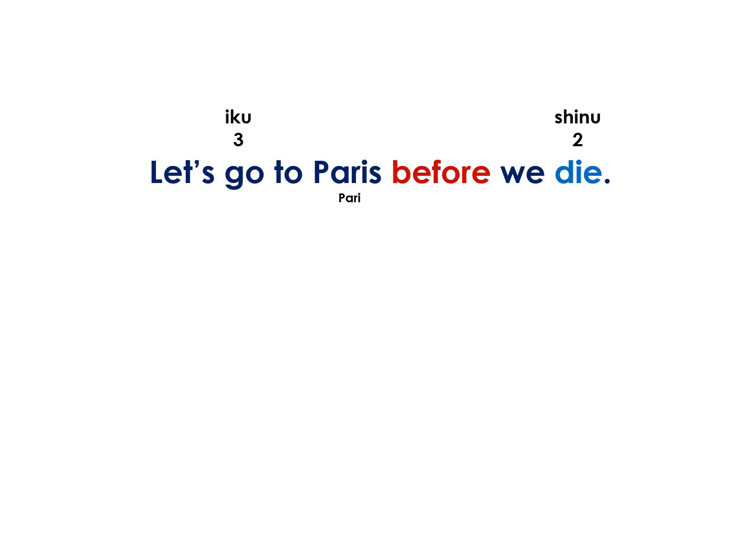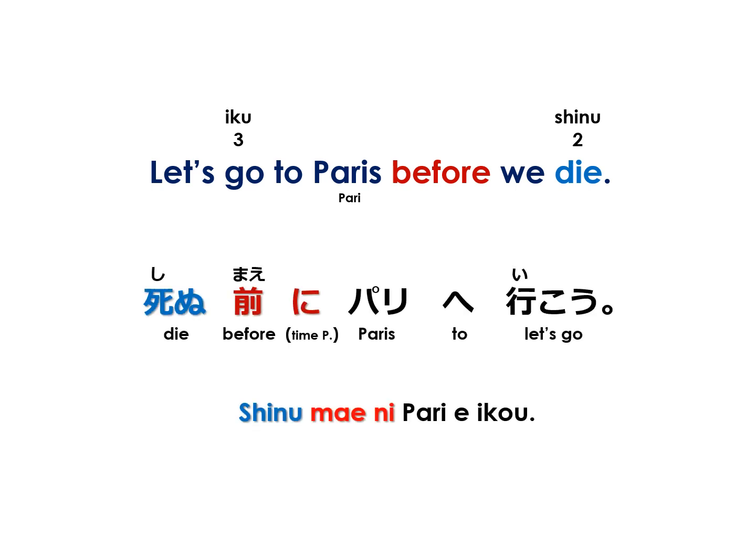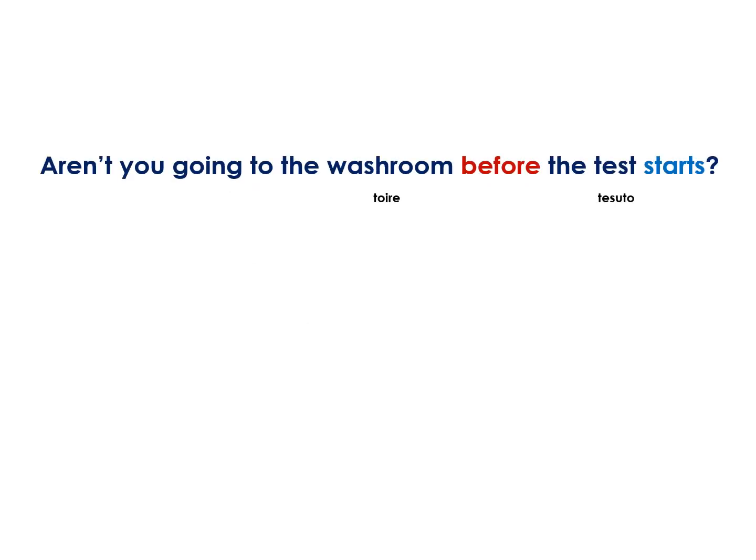The whole sense in Japanese is 死ぬ前にパリへ行こう。In English, you have the choice of putting the subordinate clause, before we die, at the beginning or in the second part of the sentence. In Japanese, you must mention the subordinate clause first. 死ぬ前に and then the main clause パリへ行こう。It would be awkward to say it last, as in パリへ行こう死ぬ前に. That would be wrong. The correct way is 死ぬ前にパリへ行こう。